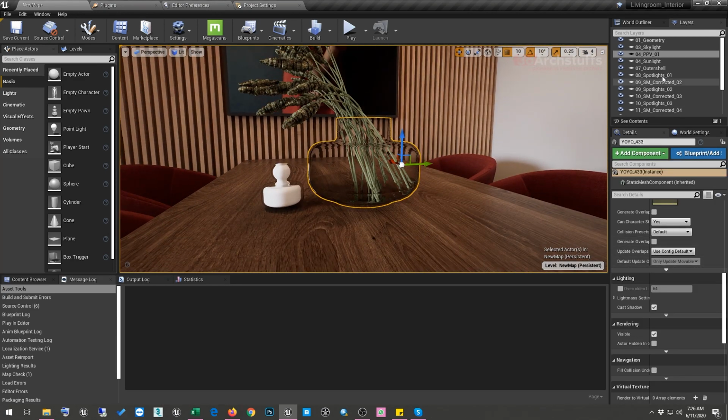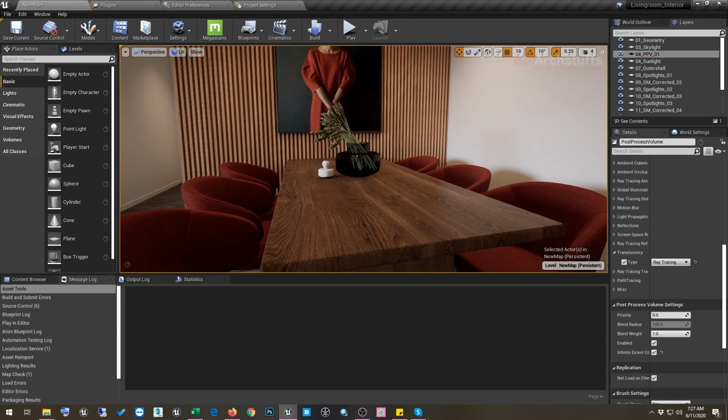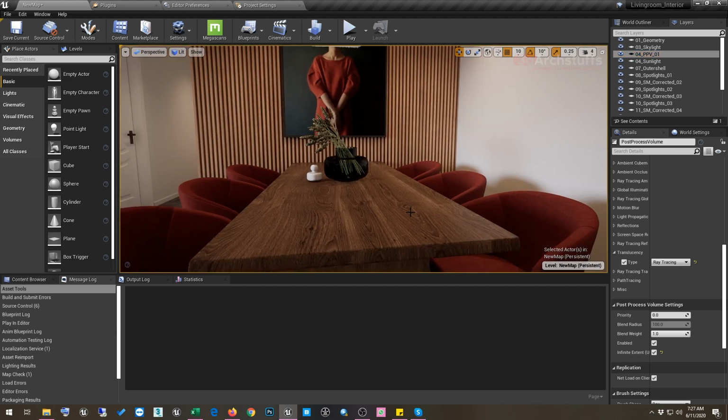But the moment we'll go ahead and then change it to ray tracing, our glass becomes black. And this is why I am making this tutorial, to remove all the bugs and errors in a ray traced scene, and then use only the ray traced translucency and ray traced reflection in the scene.